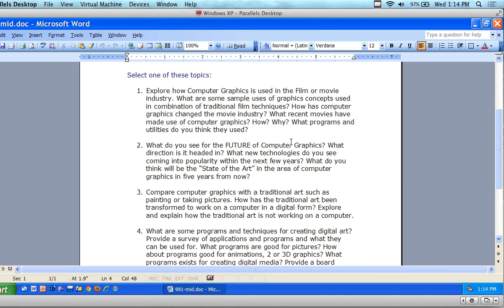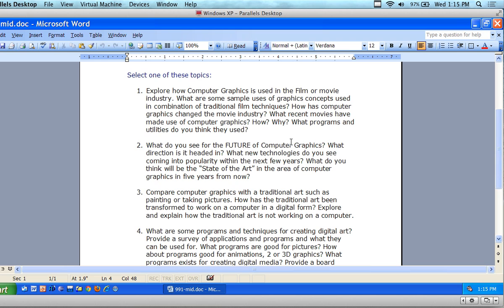So what you're doing is you're researching it. And there's a bunch of sub-questions that go along with it to give you the theme of the essay. So you're writing an essay on how computer graphics is used in the film industry or in the movie industry. Film has got a wide interpretation these days. What are some sample uses of graphic concepts used in combination with traditional film techniques, meaning using computer graphics with film? How has computer graphics changed